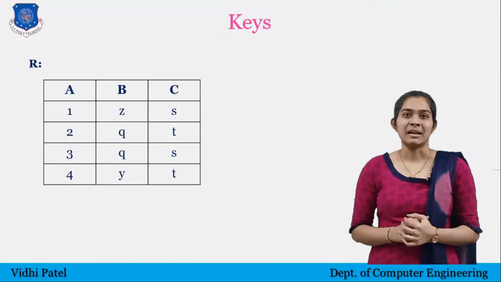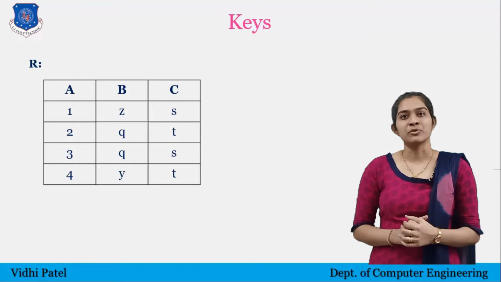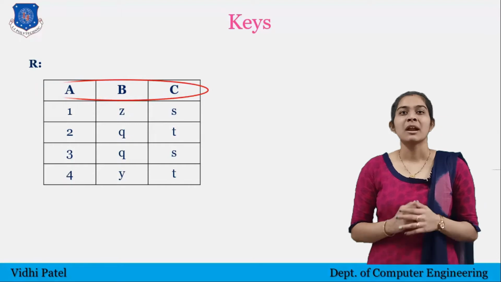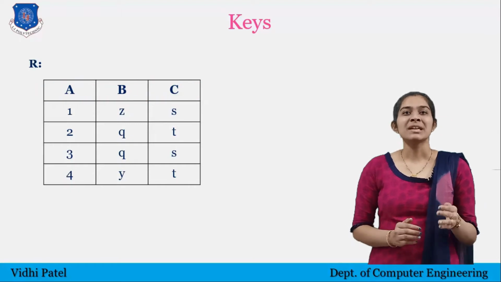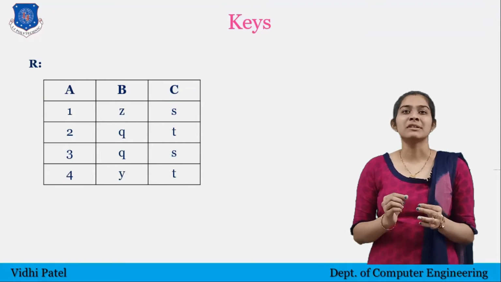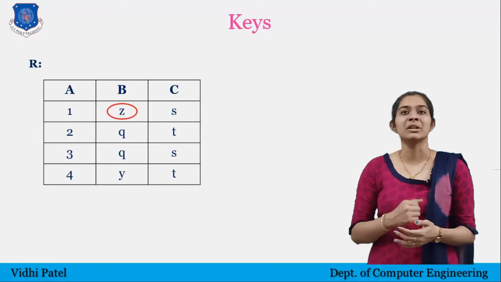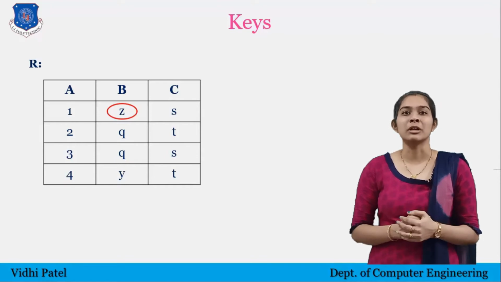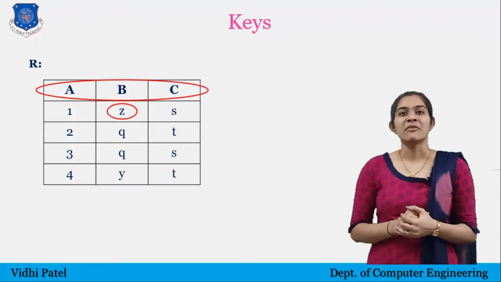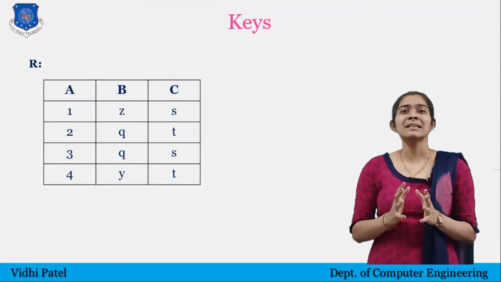We have relation R. Here, a table is referred to as a relation. Relation R has three attributes A, B and C. Here, columns are referred to as attributes. Now, in relation R, we can see the data. If I want to know the value of a particular cell, then I can identify it using a column, because in the table there is a name available for columns, which are A, B and C. But there is no name available for rows. So to identify a particular row or record, a key is used.